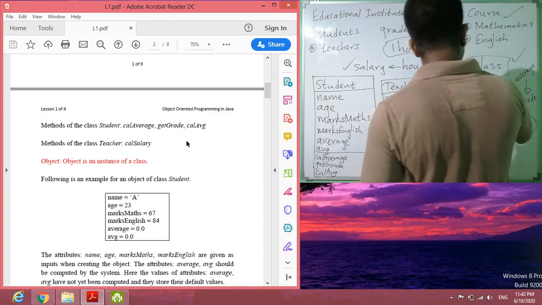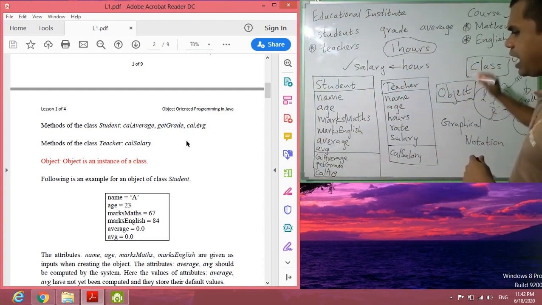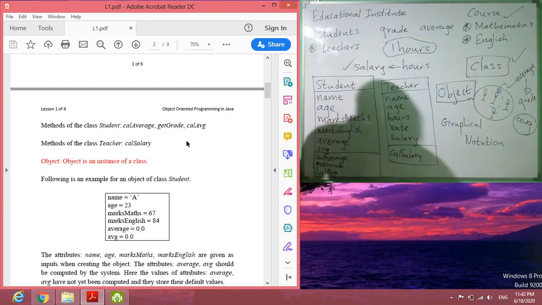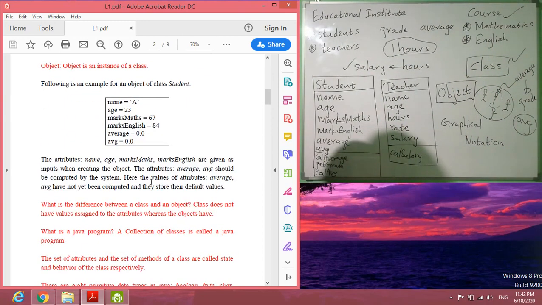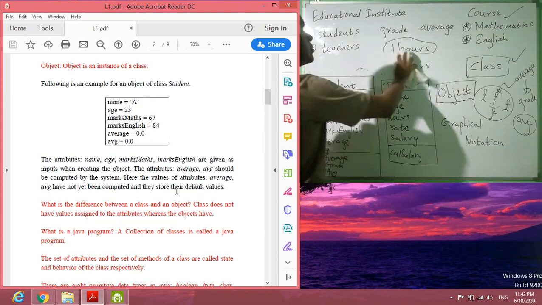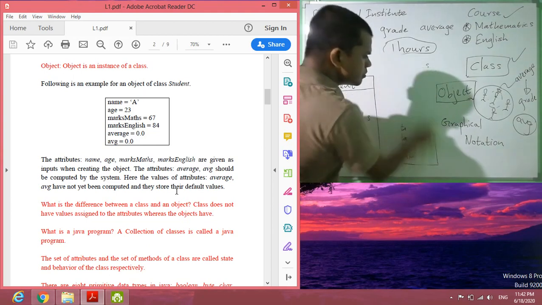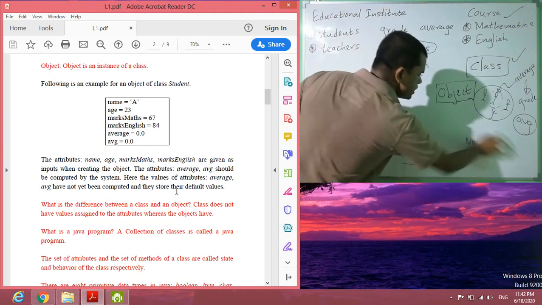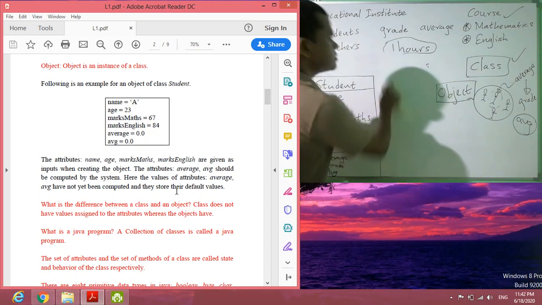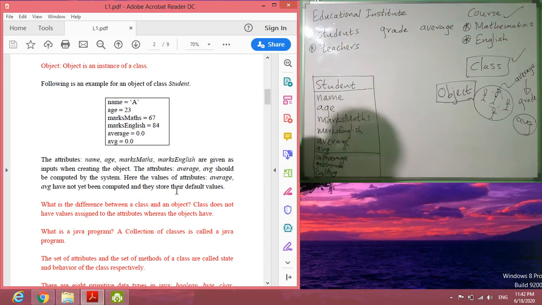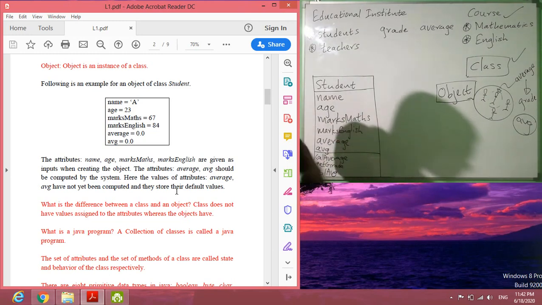What is the difference between a class and an object? In order to understand the difference, let's say